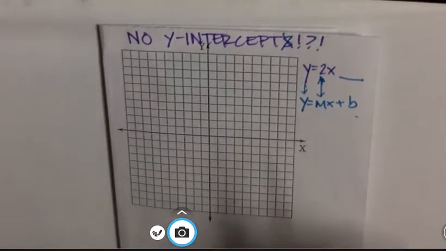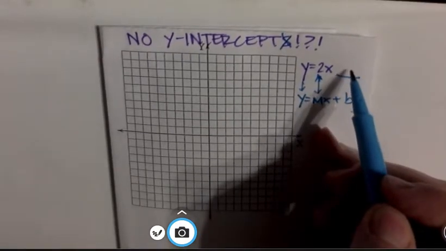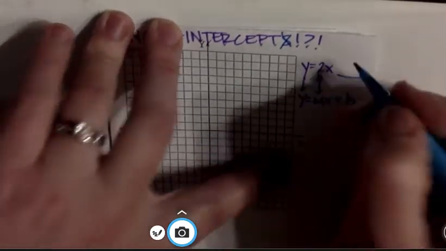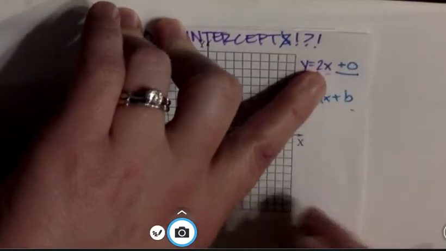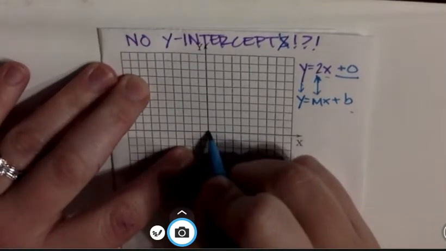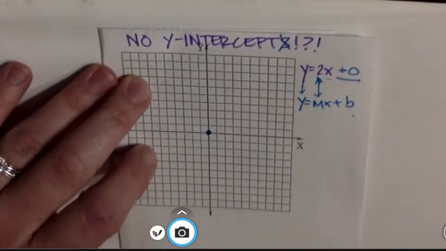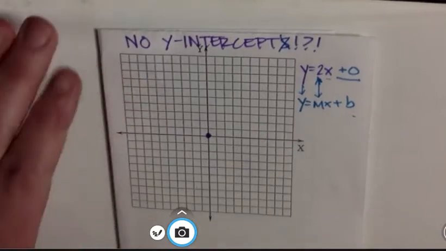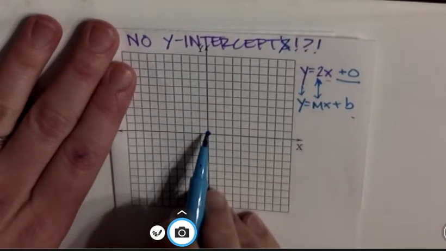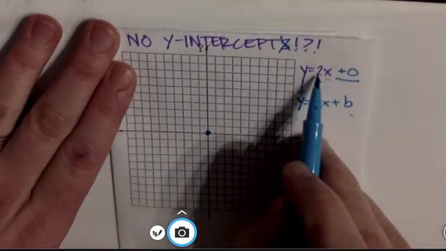I want you to think. What number can you add to anything that will not change your original value? Well, 0 does that. Hopefully you were screaming it at the computer screen. And if that's the case, our y-intercept is right there, right at the origin, right at 0, 0. So if our y-intercept's right here at 0, 0, we are now going to use our slope to graph the